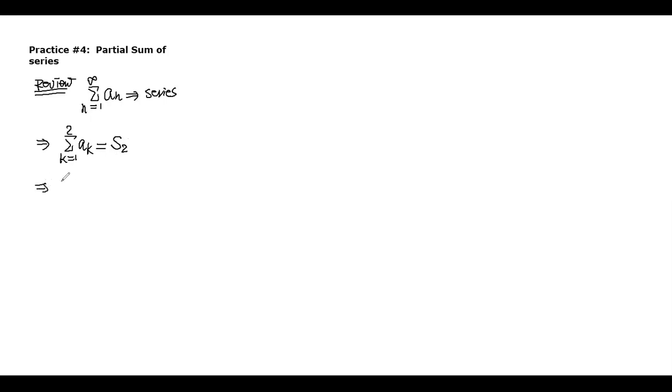In the same way, if I add up 3 terms here, you have the partial sum of 3. At the same time, if you add up a_k for k from 1 to n, so you add up to the n terms, that is S_n. So as you can see, if I want to find the sum of this series,